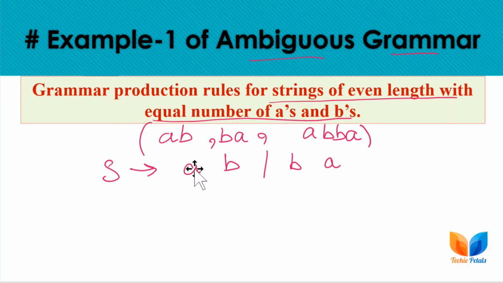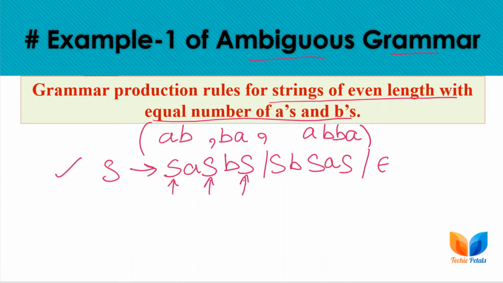So we have to put the scope of iteration on the complete grammar, with AB or BA as the complete pattern. We are putting the iteration of the grammar by inserting the same non-terminal. We can repeat these production rules any number of times at any place, and every time we will have an equal number of A's and B's, and in the end we terminate S with null. This is the final production set for the given statement.